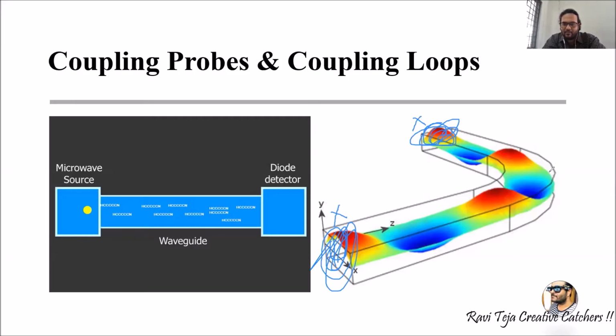Now, suppose I want to insert some microwave energy or some signal into this. What do I need to do? What is the possible way? Yes, can anyone say? This is a cavity resonator which is closed at two ends, but I want to transmit some signal into this. What is the way? This end is closed as well as this end is closed, but I want to transmit some signal through this.